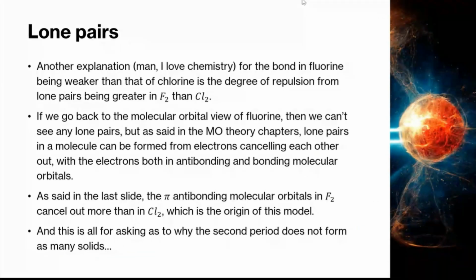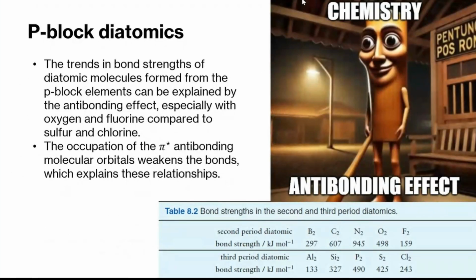And as said in the last slide, the pi antibonding molecular orbitals in fluorine gas cancel out the bonding more than diatomic chlorine gas, which is the origin of this model. And honestly, having these two approaches is super wild, considering that we're just asking why the second period does not form these solids. Going on to p-block diatomics,